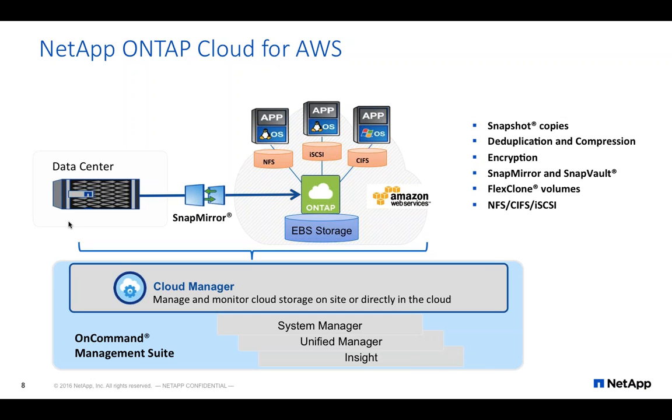And as the world has moved and a lot of the direction is seen taking advantage of cloud environments, we decided to take that operating system or that software environment and say, why can't we run this actually in the cloud as well? So we've taken the core operating system from our what we call our FAS and our all-flash FAS storage environments, and we deploy this inside of Amazon as an AMI. So you can actually go onto the marketplace and choose an OnTap Cloud environment, run it on top of EBS